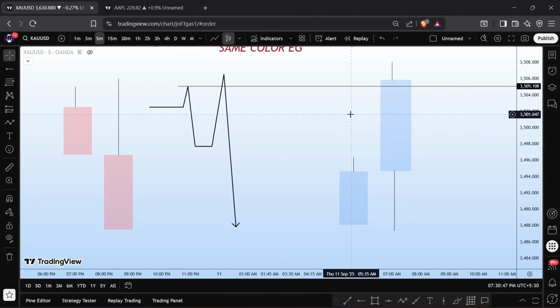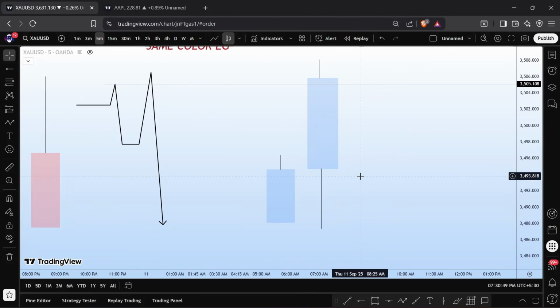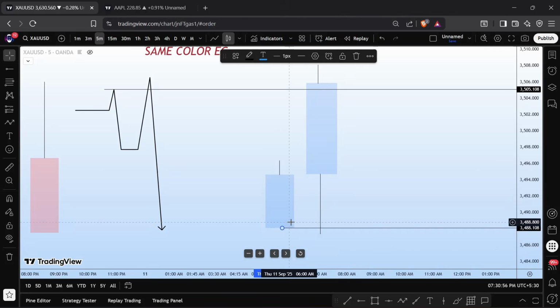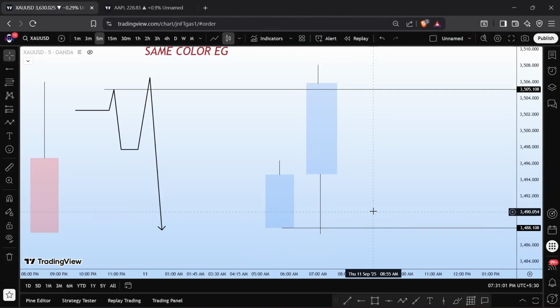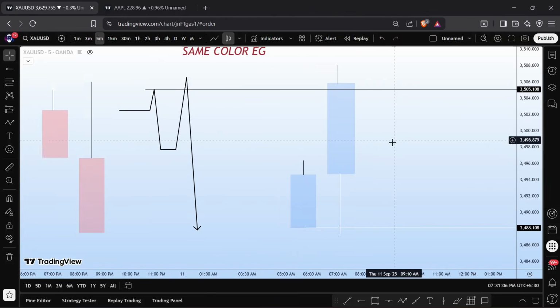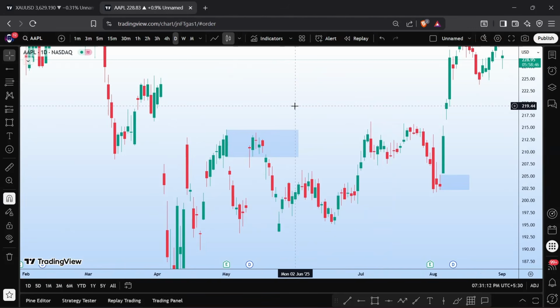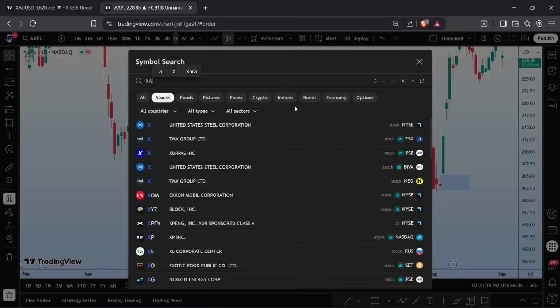So moving ahead to the next example for the bullish case, what we can see is the low of this bullish candlestick was also being engulfed and the high was also being engulfed. So it will form the same QM pattern for the buy. So this is what we call a same color engulfing pattern. Let's look at a few examples. If I go back to the gold chart again,